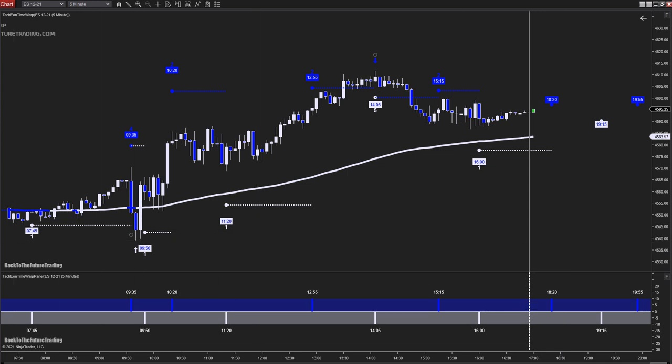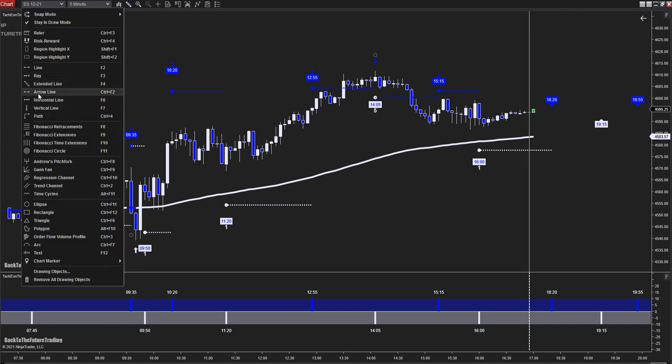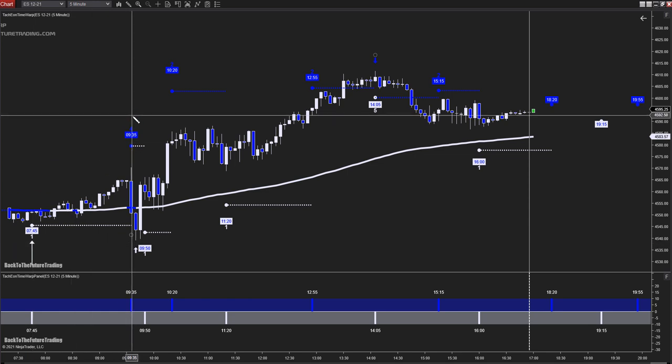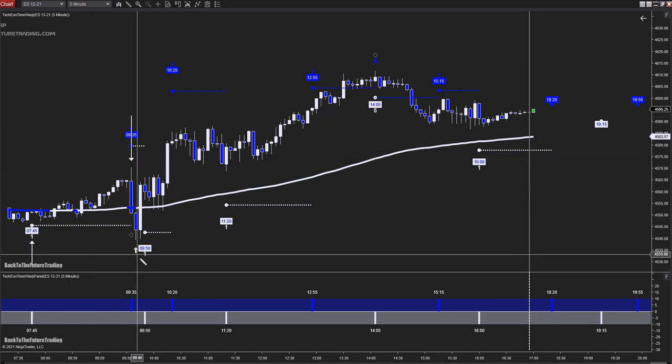And by that, I mean that we've essentially data mined the last 2 Mondays. And we've asked the computer to look for any behavioral inconsistencies, times where banks have historically over the last several weeks on Monday been pushing up or pushing down consistently enough at the same time to embed a pattern that the software can find. So today we were warned to look for buying pressure at 7:45, selling pressure at 9:35,